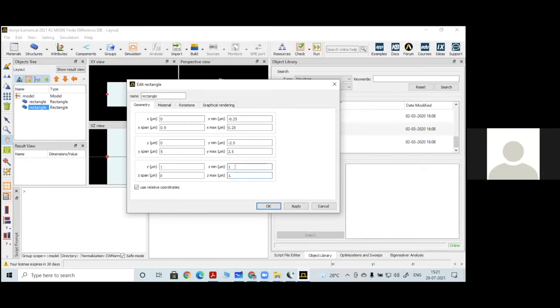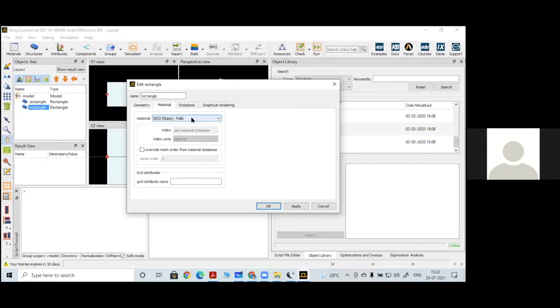So if I add that 0.22 to the initial value from where we should start this structure, you will get the maximum value of Z as 1.22. That means your silicon layer starts at 1 micrometer and ends at 1.22. The overall thickness will be 0.22 micrometers, which comes to the same thing, that is 220 nanometer.